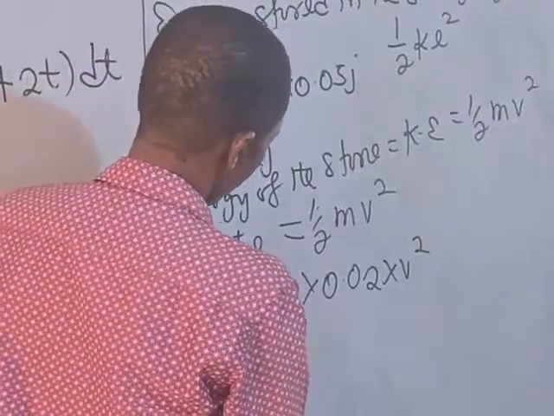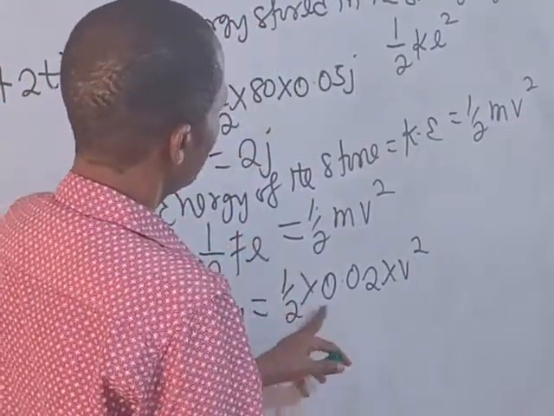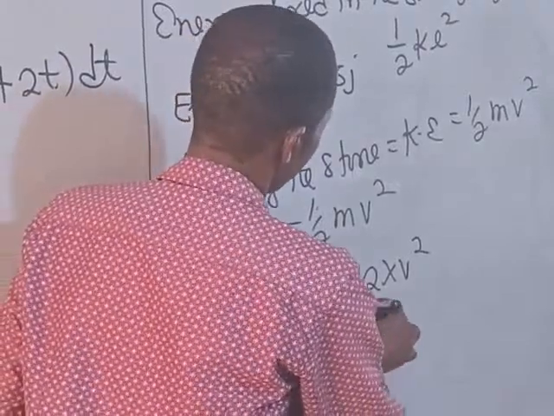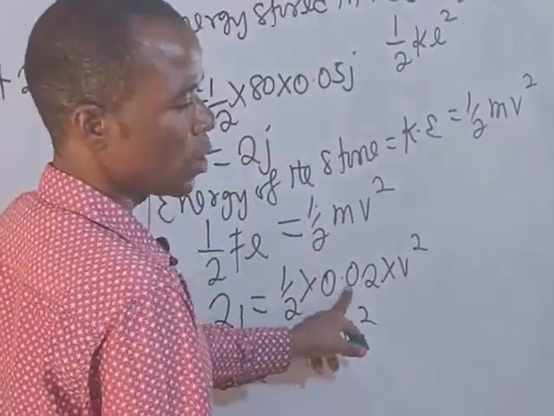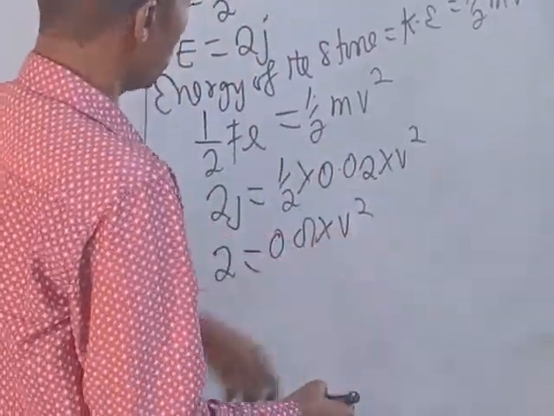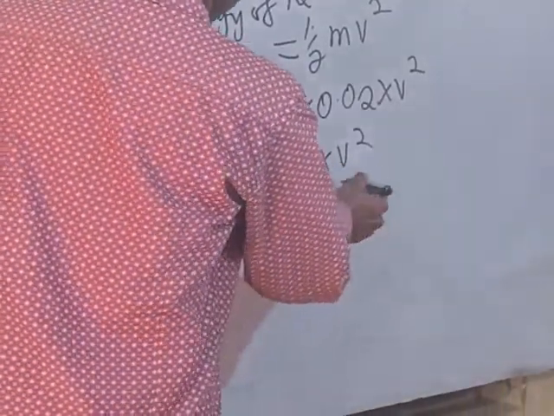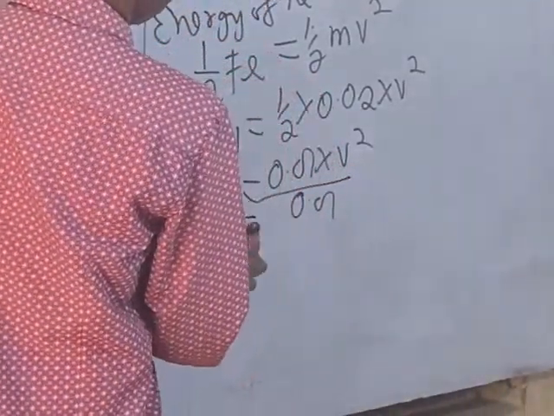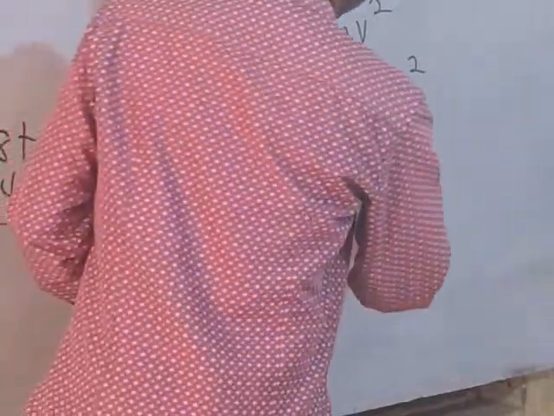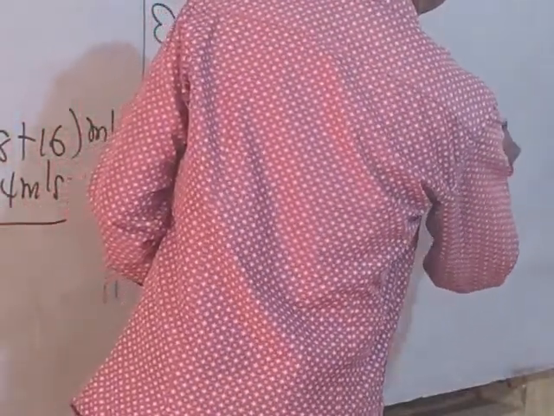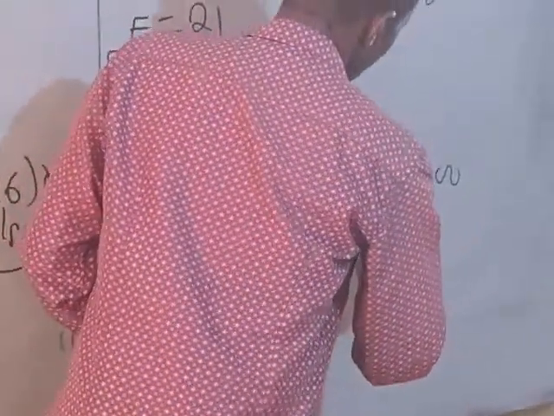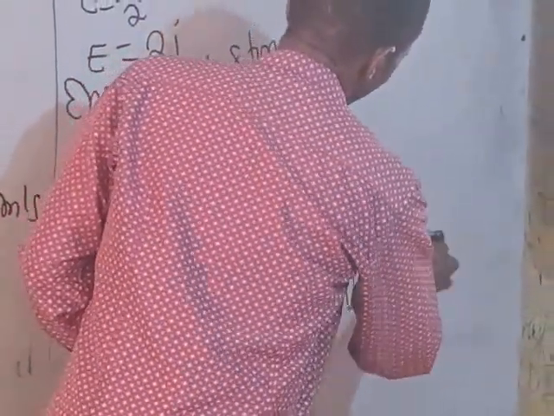So here we now have 2 is equal to 0.01 times V squared, because half of 0.02 gives us 0.01. So what do we do? We can divide both sides by 0.01, which means our V squared is equal to 200. Now if you want to calculate our V, it can be the square root of